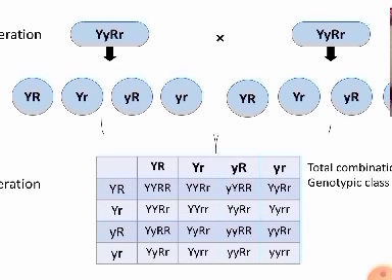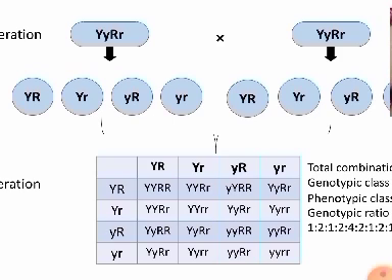The genotypic class is 9. The phenotypic class is 4: one is yellow round, second is yellow wrinkle, third is green round, and fourth is green wrinkle. This is the genotypic ratio, and the phenotypic ratio is 9:3:3:1. It means 9 plants are